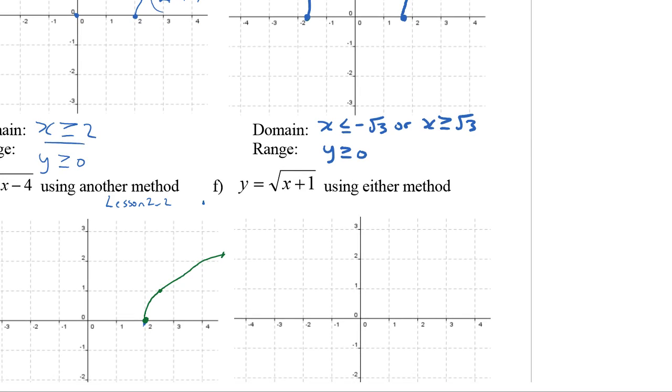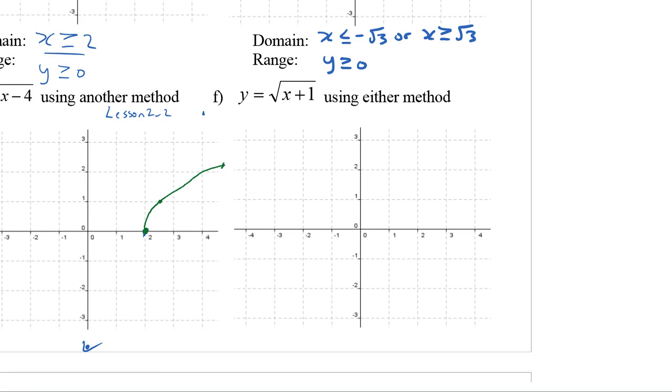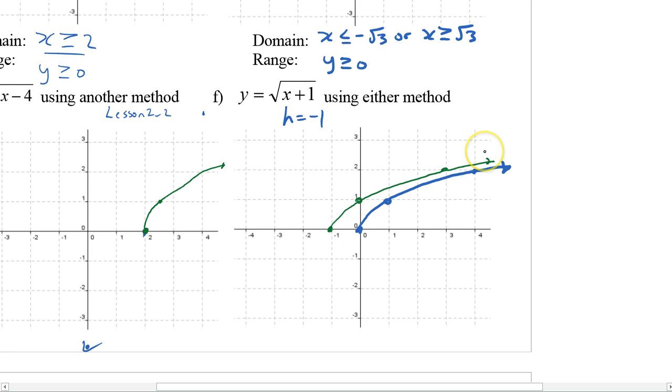Okay, now it says y is equal to the square root of x plus 1, using either method. I think it's probably easiest to start with our parent function like that. And what's going on here? This is an h value of negative 1. In other words, I want to go left 1. So my new function will be left 1 from that. If I take each of the points and go left 1, then I get this kind of look, and I'll erase my old one. And there you go. I think that's the easier method for that. Okay, let's take